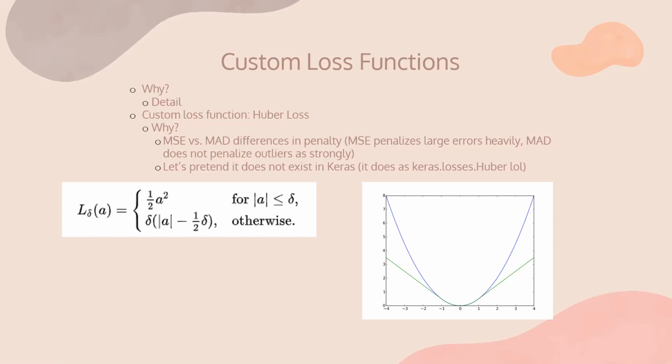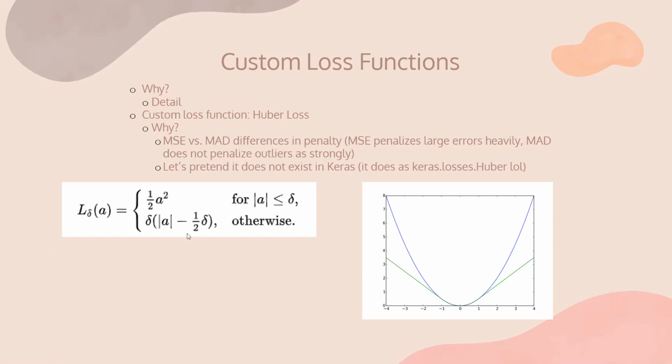And it can help you achieve better results and accuracy. And most importantly, understanding how to build your own custom functions and code will give you a better overall understanding of the higher level API. It's really easy to use Keras and use something like mean squared error without understanding what it's actually doing. So for your loss function,